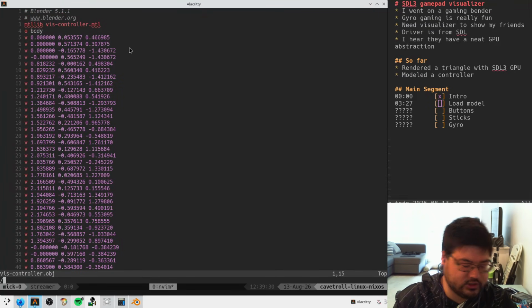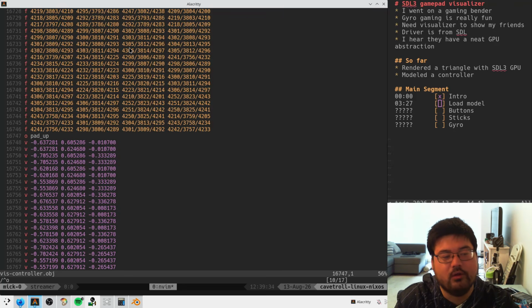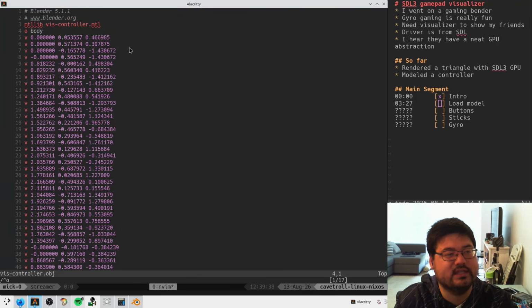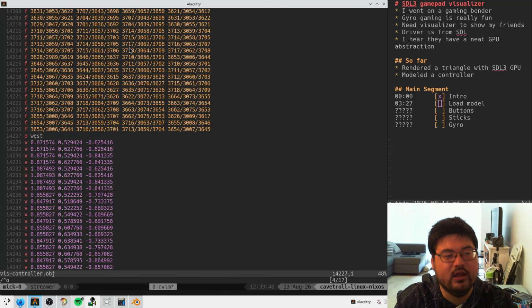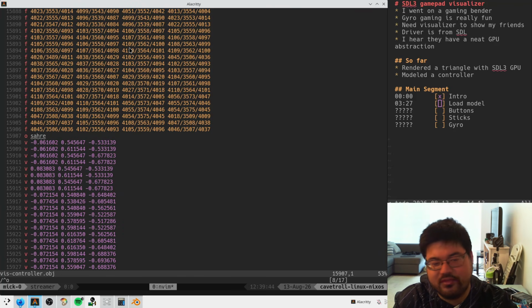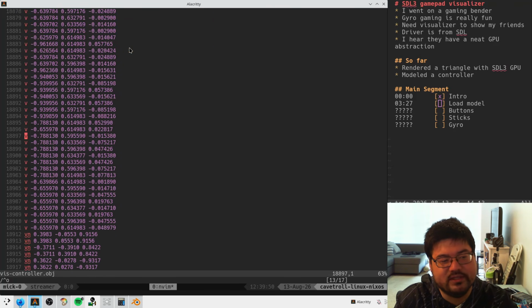So each O here specifies a new component that we added. This is the body of the controller. This is the south button, east, west, north button, start button, back button. I think I spelt share wrong. That's kind of funny. We can fix that. There we go. Modes. So this is all of our buttons, and all of our buttons have a bunch